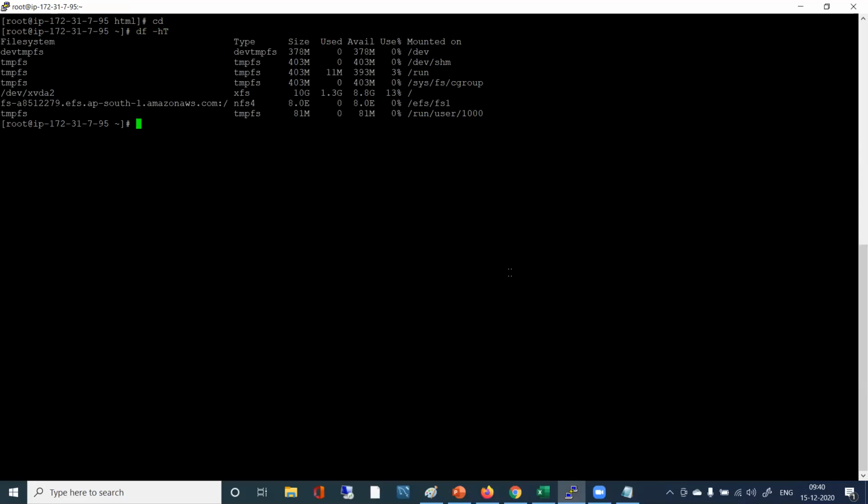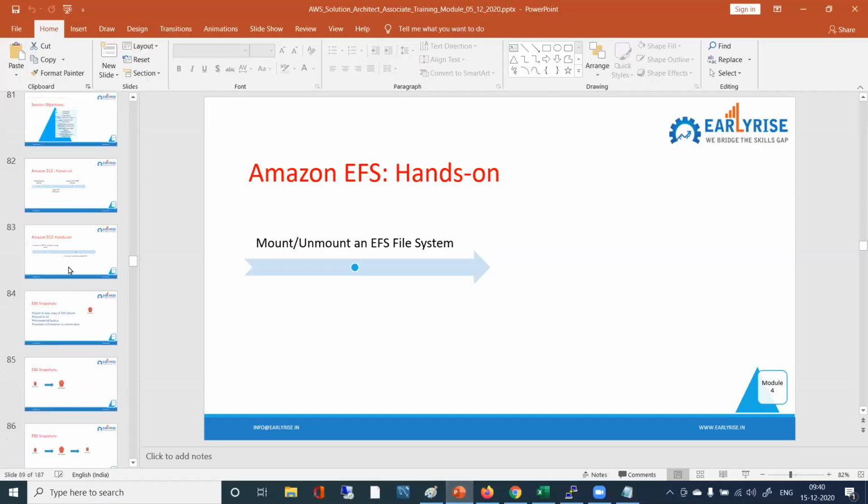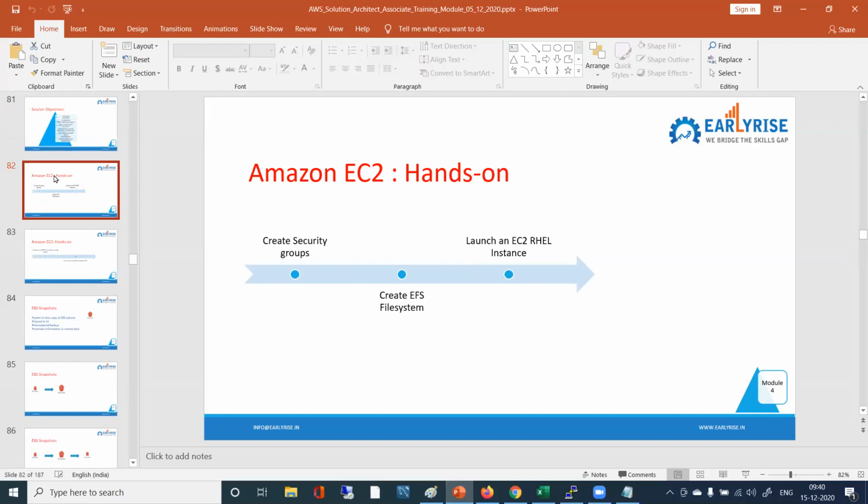Just run this df-ht. Just run that command. That's a good point, Dharma. So actually I had kept it in the next slide. You see here, after this hands-on,